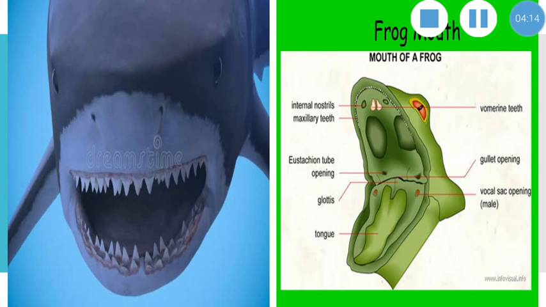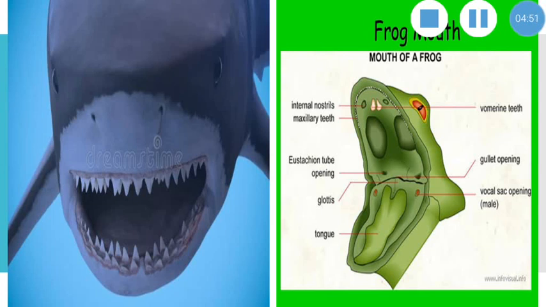And here you can see the mouth part of a frog. The mouth is a wide semi-oval slit which extends along the entire margin of the head, and it leads to the buccal cavity. It is bounded by upper and lower jaws covered with internal skin. The upper jaw is immovable in the frog. The lower jaw can move freely up and down.